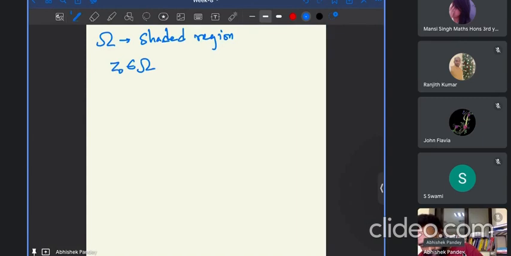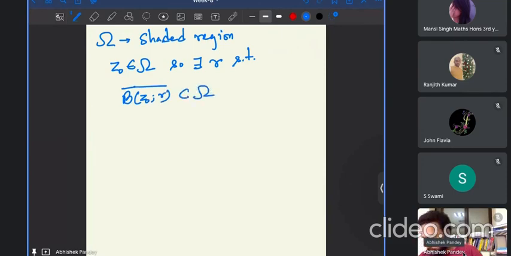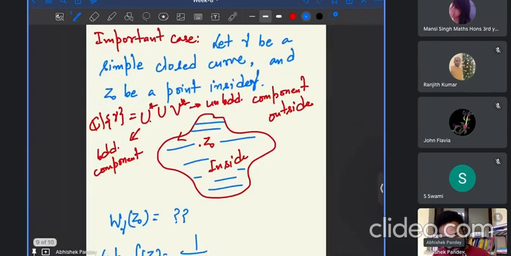So there exists R such that this closed ball of radius R is contained in omega. So basically, what does it mean? It means that,